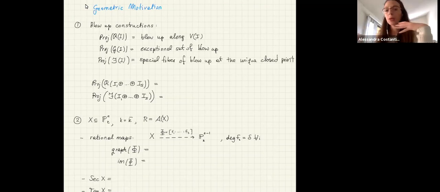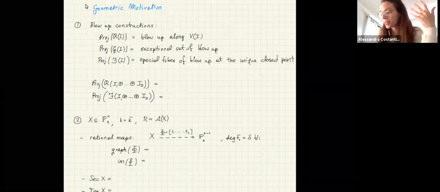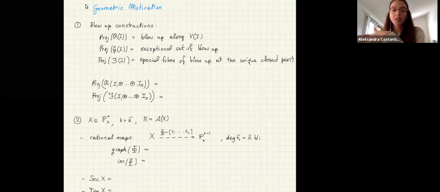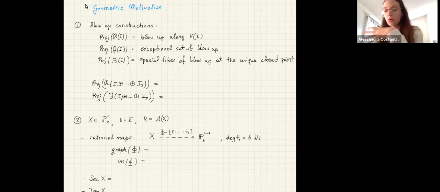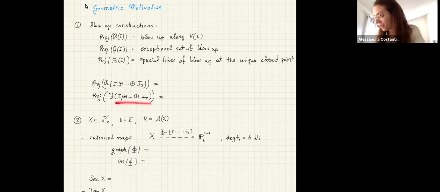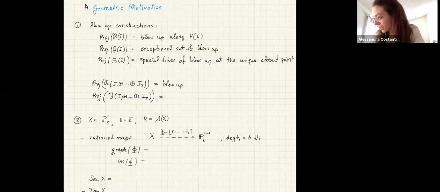You have a singularity, you blow it up, and your hope is that the new variety you obtain is not singular anymore. Sometimes to do this, you actually need to repeat the blow-up procedure more than once, and that's when you obtain some geometric objects whose corresponding algebraic counterparts are the algebra of a direct sum of ideals and the fiber cone. So a direct sum of ideals, this would be the blow-up, if you want this as a sequence of successive blow-ups,